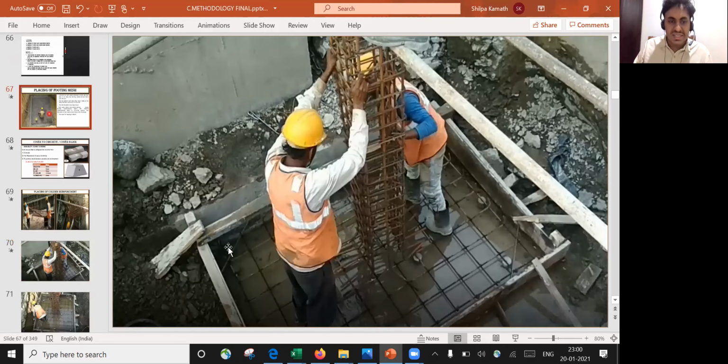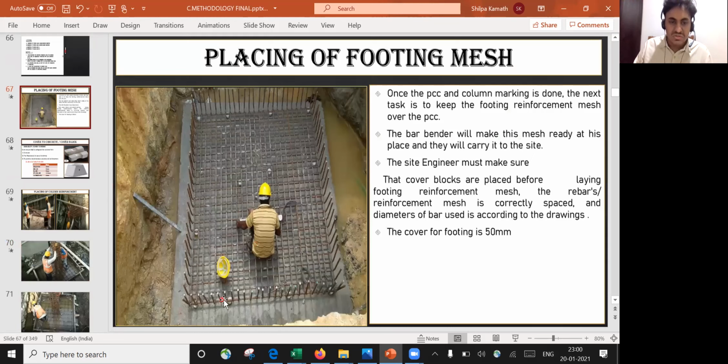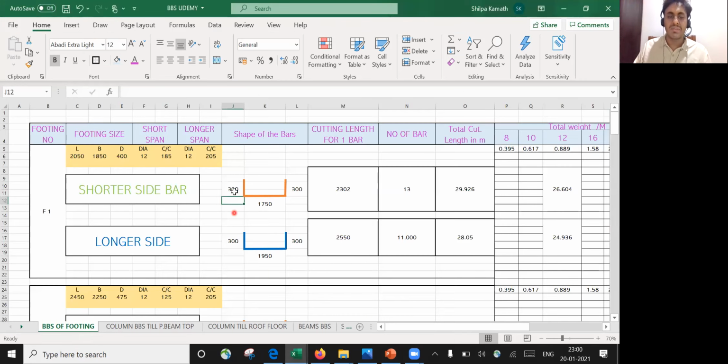Yeah, you can see the cover block placed here as well, right? So this L will have your cover block at the bottom, that is 50 mm, and also at the top 50 mm we need to do the deduction. The same thing I've done here, so I'm getting 300 mm. The same thing I'm going to do on the other side as well, so it's 400 mm minus 50 and minus 50. The moment I do that, Excel is going to do the calculation on its own.